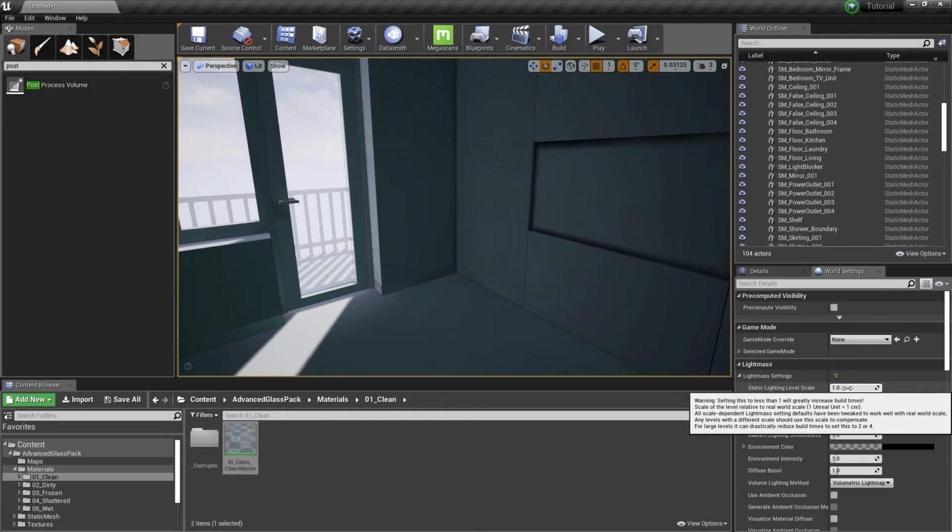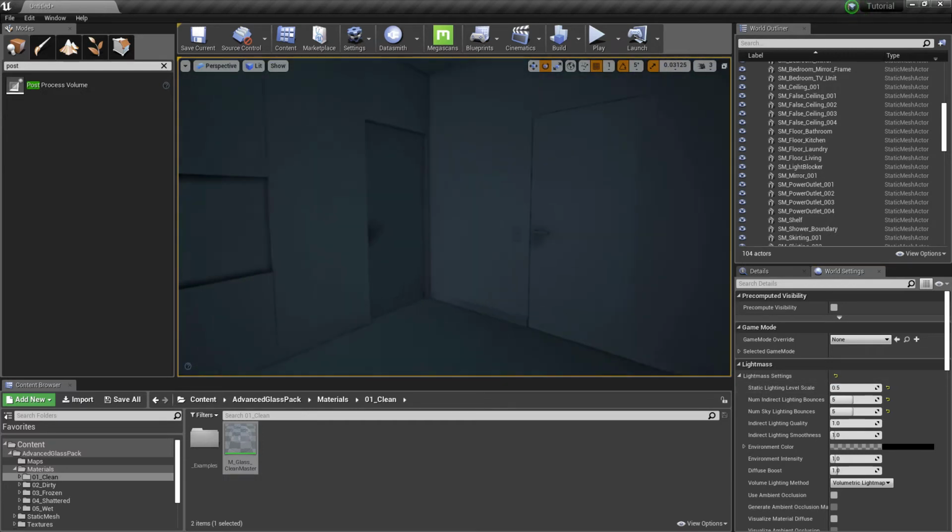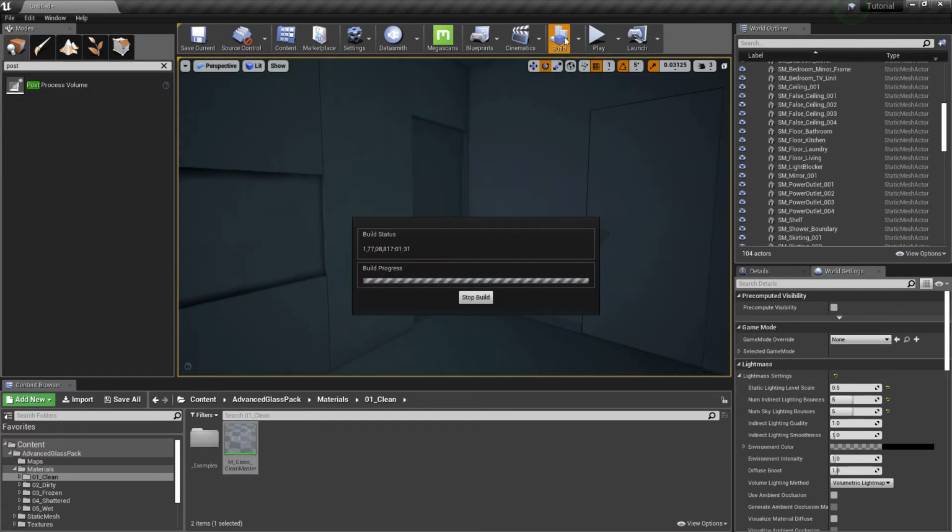Static lighting level scale changes the level scale for the light mask. Lower values increase the detail definition but may cause some noise. Let's try 0.5 and do a build. It has little to medium effect on the build time.